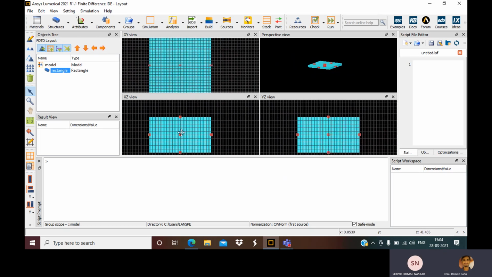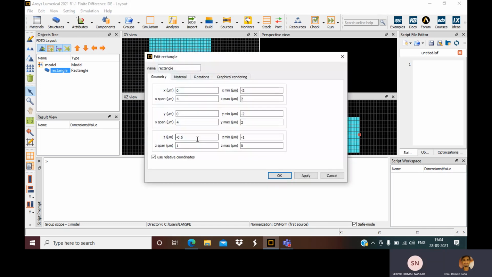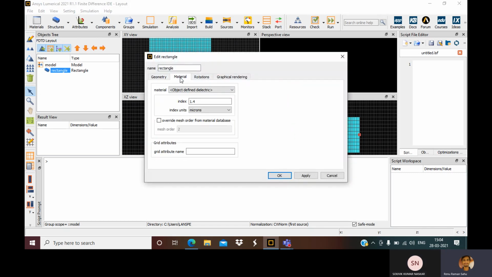Now we'll put something on top of it. Let us first say that this is a silicon substrate. So I put silicon on it by right clicking and selecting silicon.